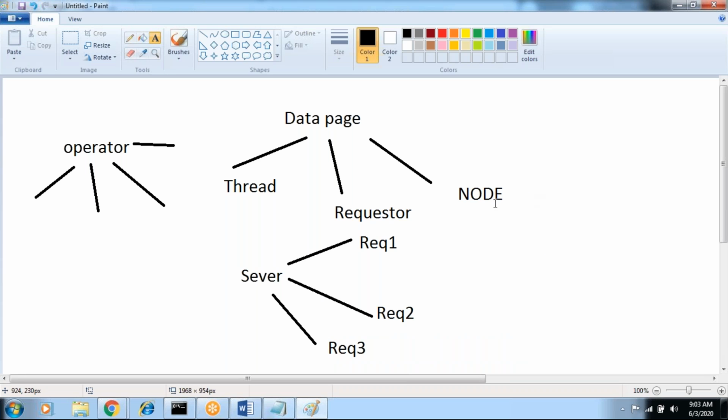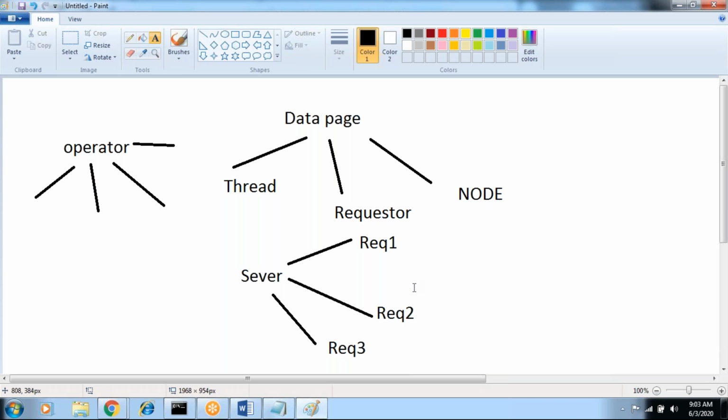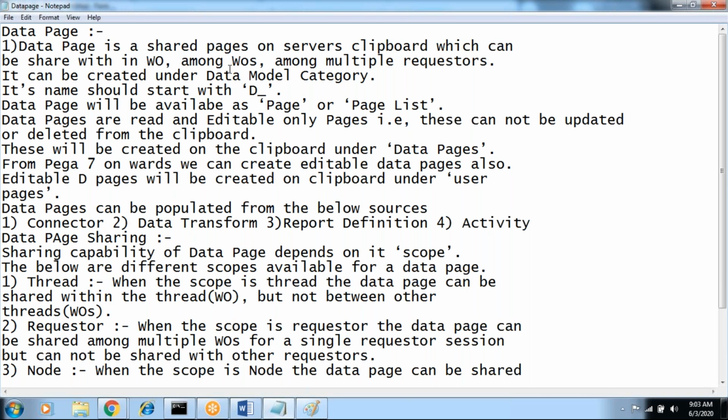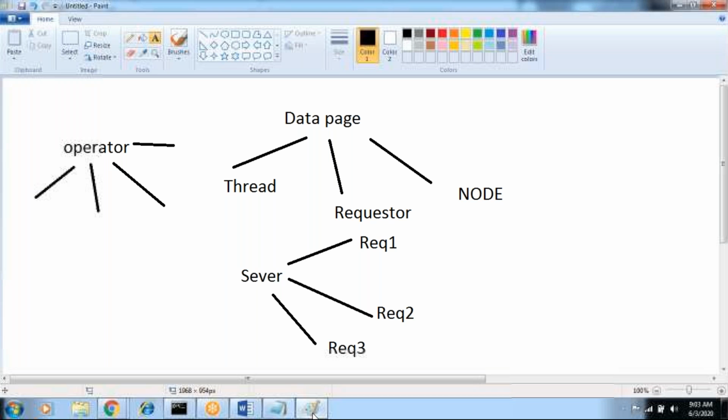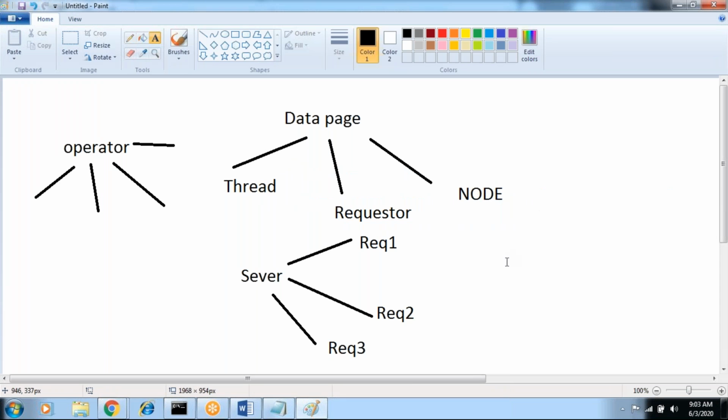When the data is at node level, all requesters associated with this server are able to access the node level data. The data will be shared to all requesters. So there are three types of sharing the data page: single work object, multiple work objects, and multiple requesters. Single thread means single work object, requester means multiple work objects, node means multiple requesters. That is a different type of sharing the data.